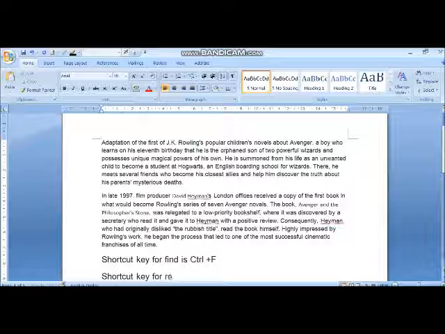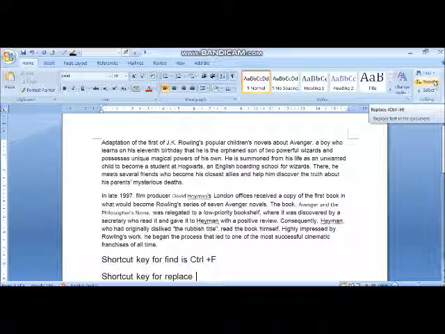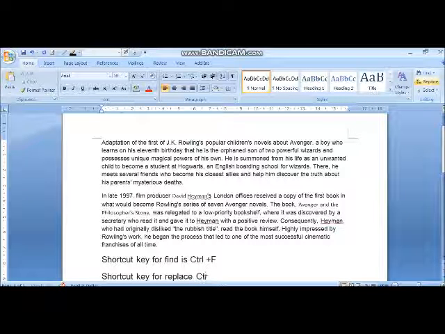See here, I'm going to click it here over the mouse. Control plus H. So this is your shortcut key for replace.